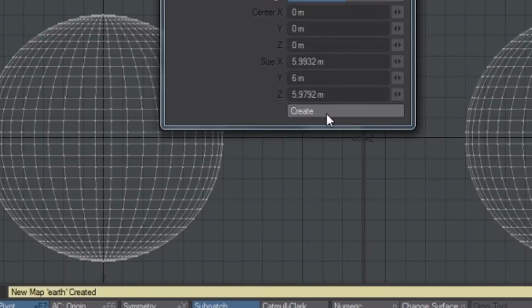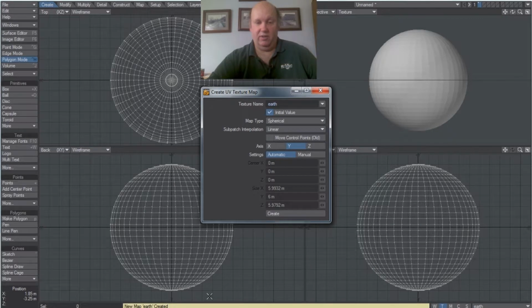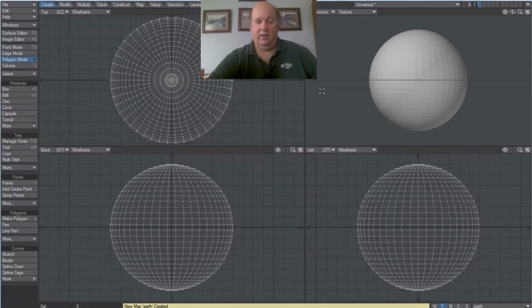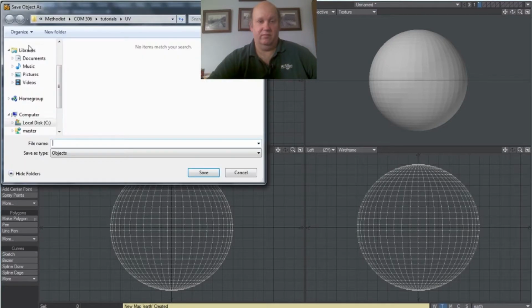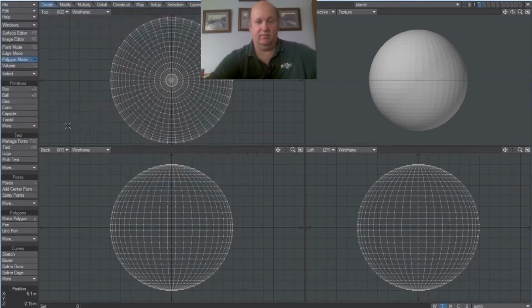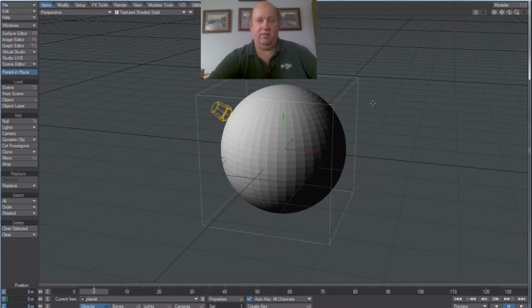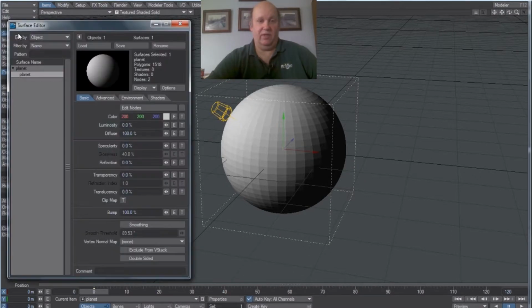And I'm going to create it, and notice it tells you here that something was created. And I'm going to save this object. I'm going to call it Planet. And I'm going to send it to Layout. And there it is. So then in the surface editor here,